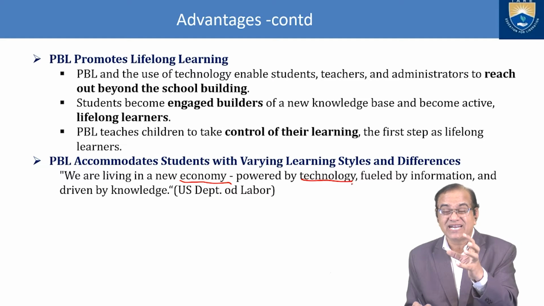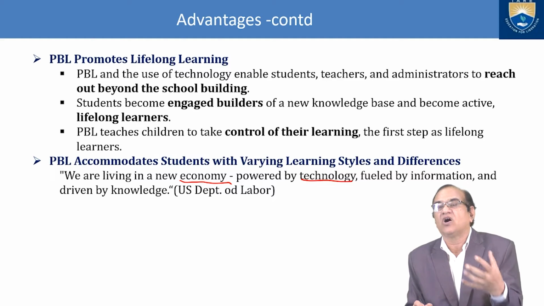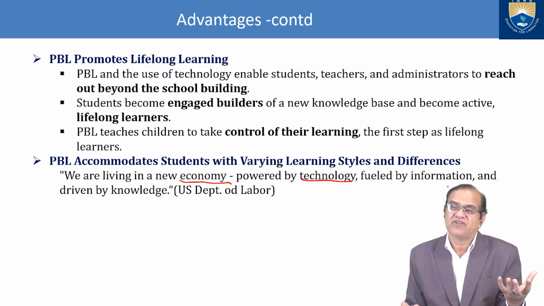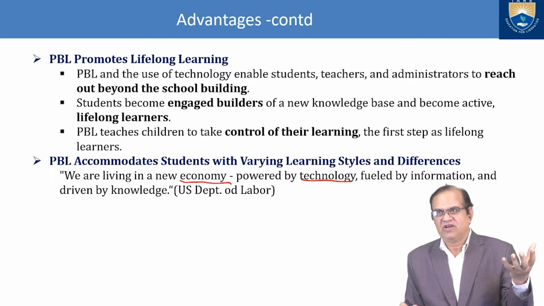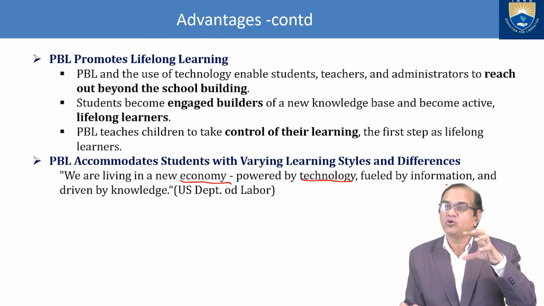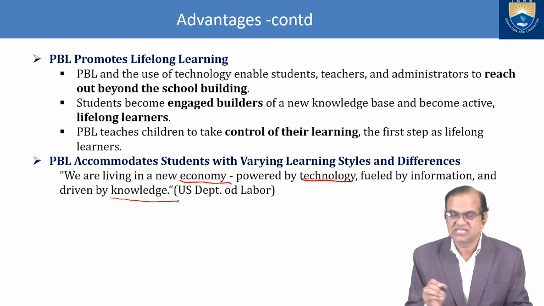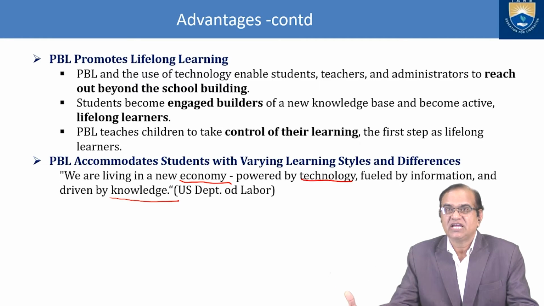Technology also, you should understand the economy of the country, economy of the college, economy of yourself, how your parents are working and what type of technology is used, fueled by information. Different types of information. Nowadays we are on different social platforms like LinkedIn, WhatsApp, Facebook, Instagram and all. From there also you can get information, but you should be able to analyze whether this information is correct or not, and driven by the knowledge. So these four things are very important. First is economy, then technology, then information and then knowledge.